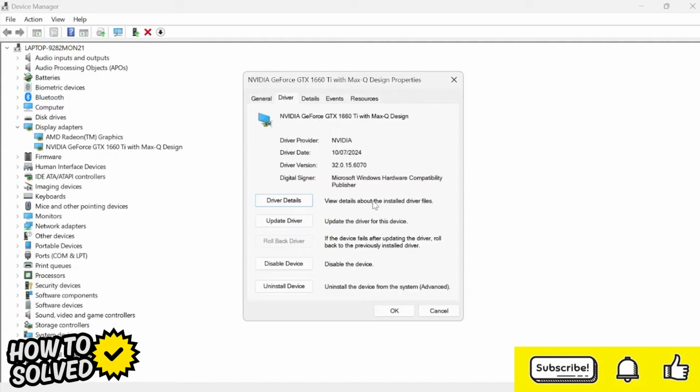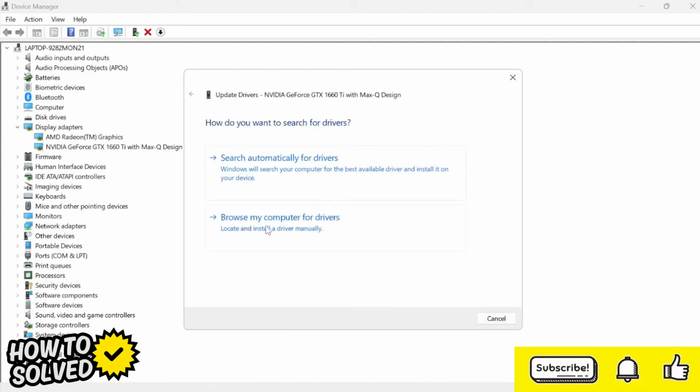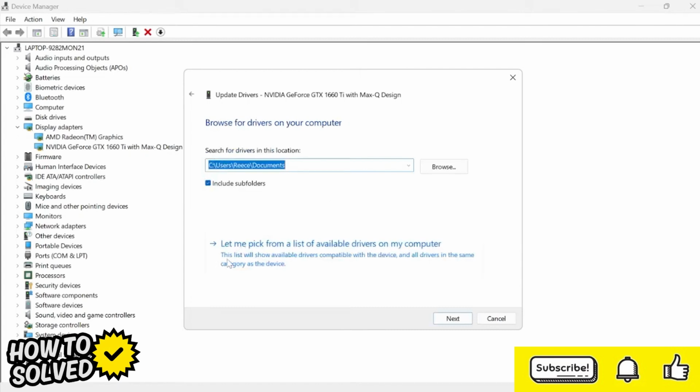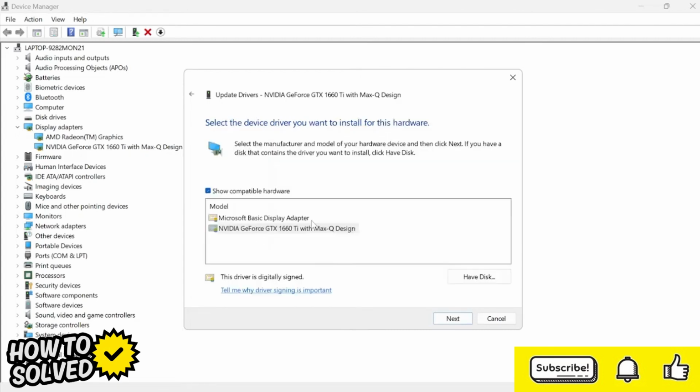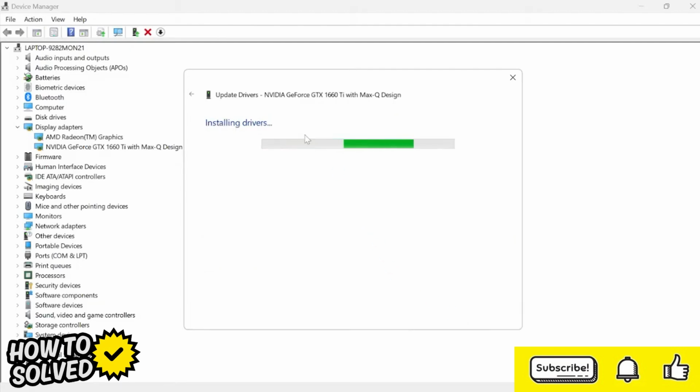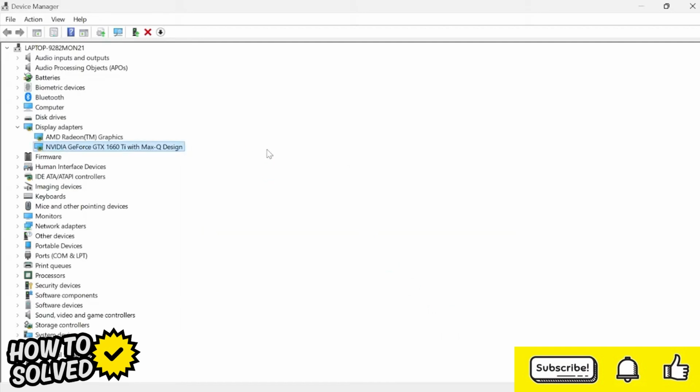If that doesn't work, what I'd do instead is come over to update driver. And then you want to select browse my computer for drivers. Select at the bottom here where it says let me pick from a list of available drivers on my PC. And then just select your graphics card from the list. So again, mine's this NVIDIA one, and hit next. But then as you can see, it's now going to install the latest drivers to our device. So once you've installed the latest driver, we can then head back over to DaVinci to check to see if